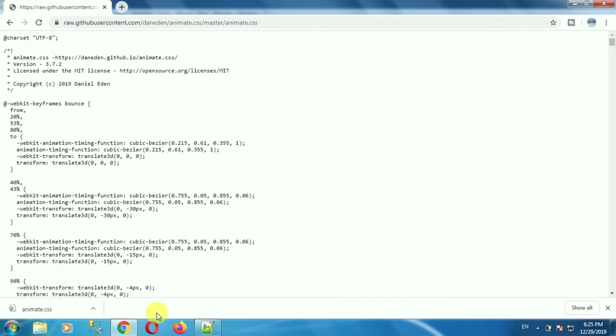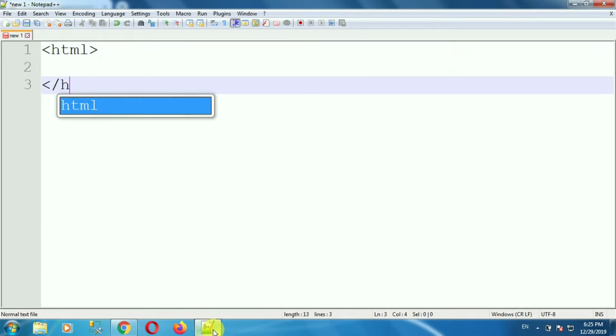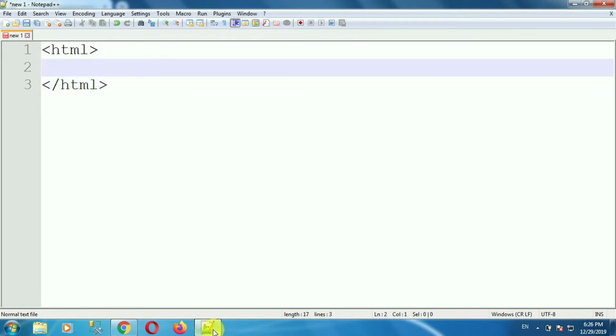Now open your editor. Here I am going to write some HTML code. It's simple code. Let's start. First of all, add HTML tag, opening tag, and closing HTML tag. Then add head tag,